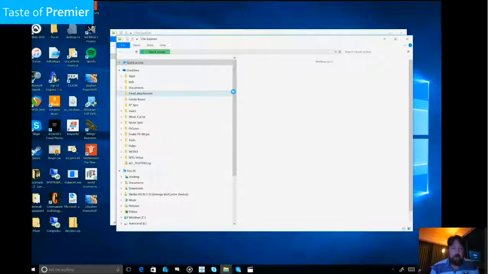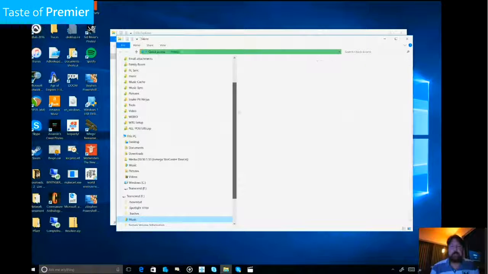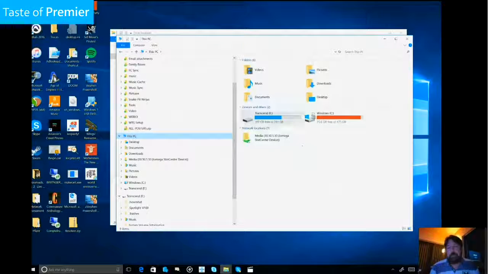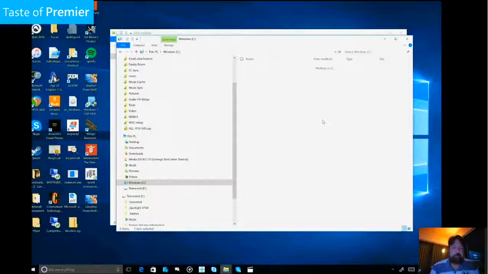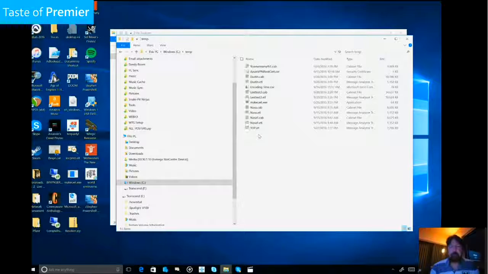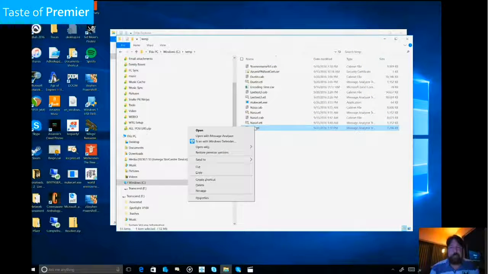I'm going to open Explorer twice. We'll just pretend I meant to do that. If I go to This PC and drive C and temp, there's my top.etl, and I'm just going to right click on that,